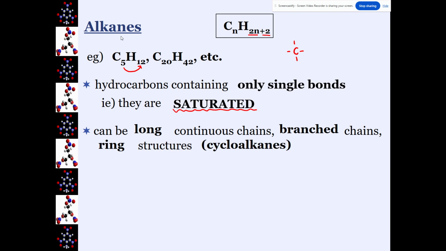But when they make ring structures, they're kind of like a subgroup of alkanes. They're called cycloalkanes. Okay, now it is important to note, so when we get into cycloalkanes, we'll look at this. They do have a little bit of a different formula than a regular alkane. Alkane number of hydrogens was double the carbons plus 2. A cycloalkane is just double the number of carbons for hydrogens, all right? Because the end carbons have to each lose a hydrogen so that they can bond together, making the ring structure,